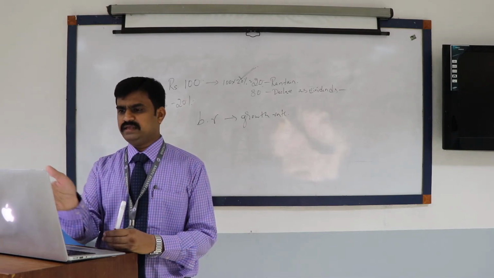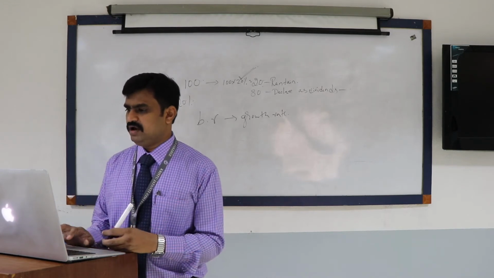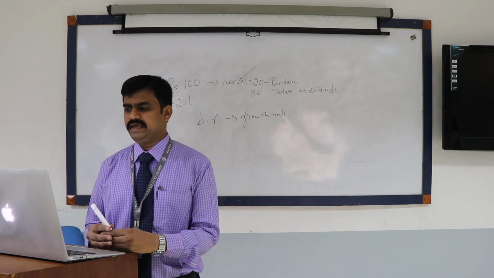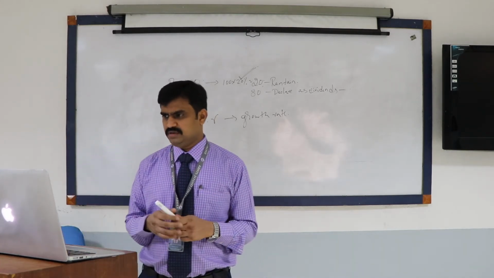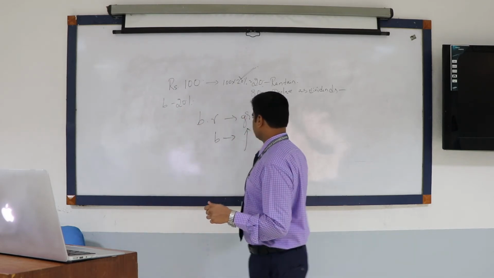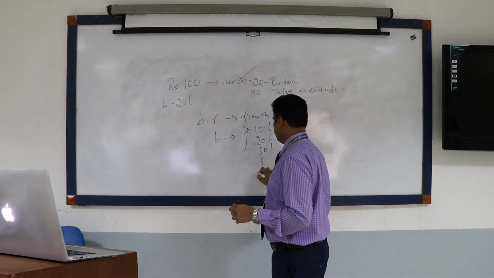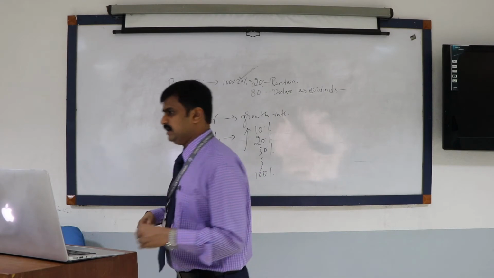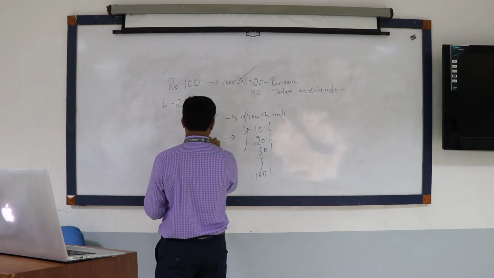In the first column, you can see the relation between R and K0, whether R and K0 is increasing, decreasing, or equal. In the second column, you can see the price per share. Whether when there is an increase in dividend payout, what will happen to the price per share? That means the dividend payout ratio is increasing. This B is increasing. If B increases, say from 10% to 20%, then 30%, then it will go up to 100%. If B is increasing, what will happen to my price of the share?